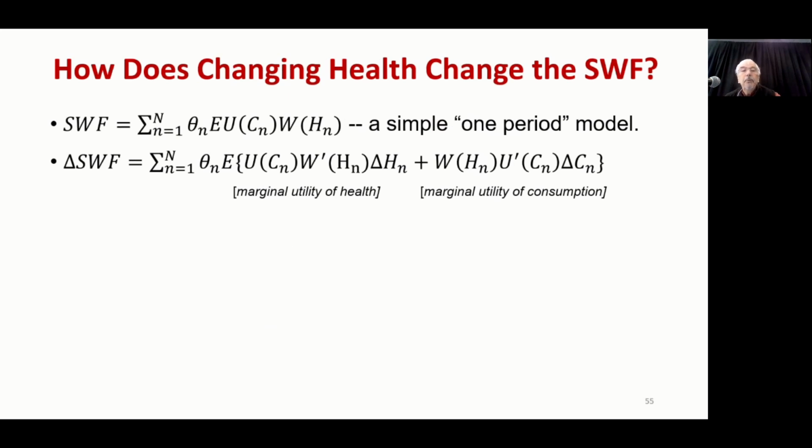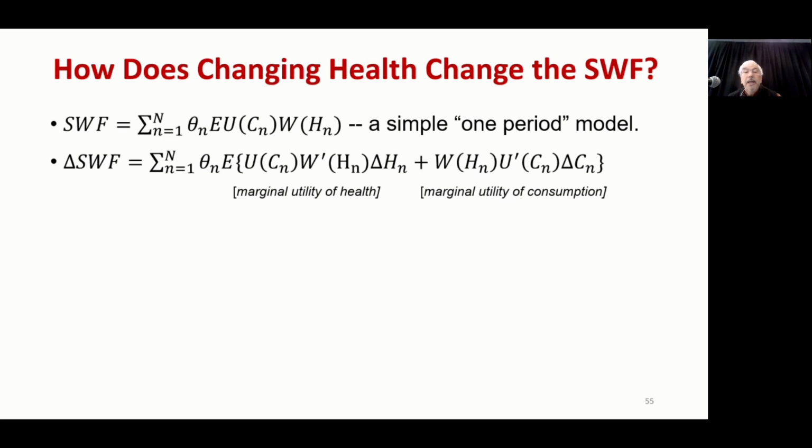So beginning with that simple model and using the GRACE model, and I'm going to use a very simple one-period model to do this, begin with that social welfare function that I just described, that Harsanyi says is the only legitimate social welfare function. It's quite an amazing proof. And then I can ask, how does that social welfare function change, the second line in this slide, if you change health, the delta H's, and change consumption, the delta C's.